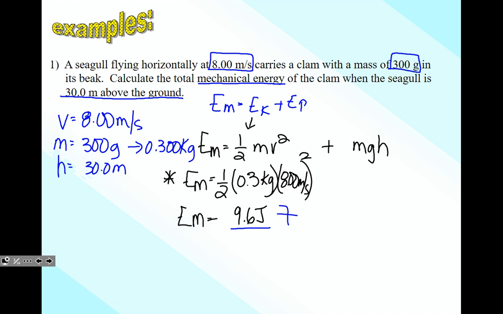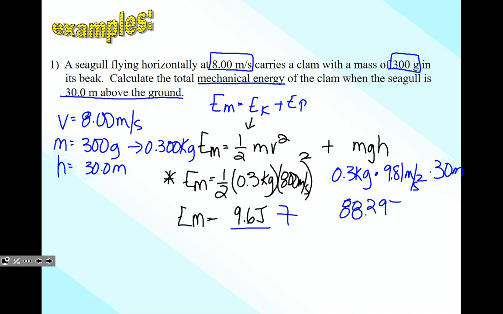But now I'm going to worry about my potential energy, which is mgh. Apologies. So I have my mass at 0.3 kilograms, and I have my g, which is 9.81 meters per second squared, and multiply that by my height, which is 30 meters. If I do all the math, I get